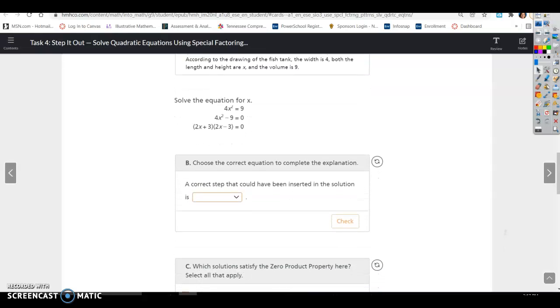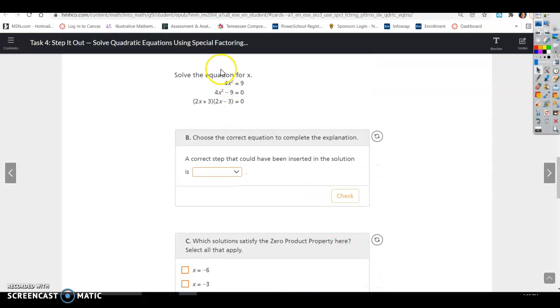All right, so it says solve the equation for x. We've got 4x squared equals 9. Subtract 9 from both sides, so now it's equal to 0. 4 and 9 are both perfect squares, so hopefully you recognize, back from task 1, this is a difference of perfect squares. So (2x plus 3)(2x minus 3) equals 0. Set each factor equal to 0 and solve using the zero